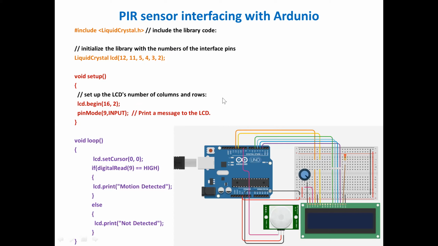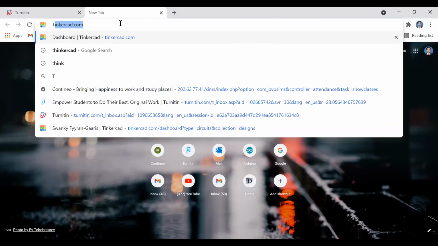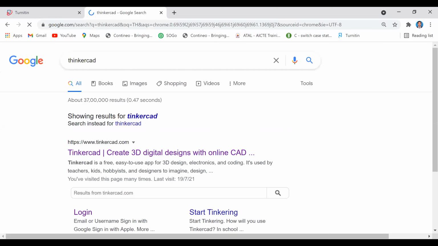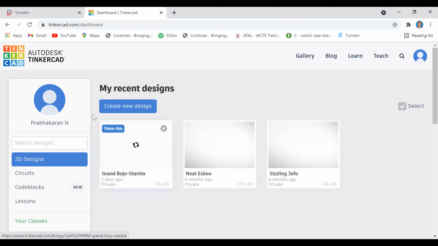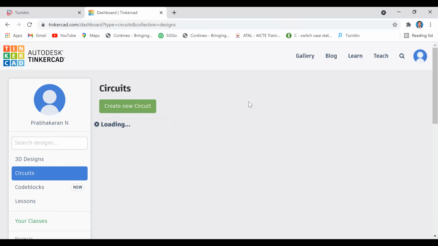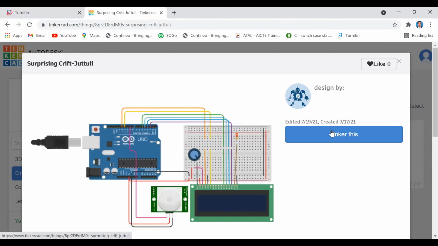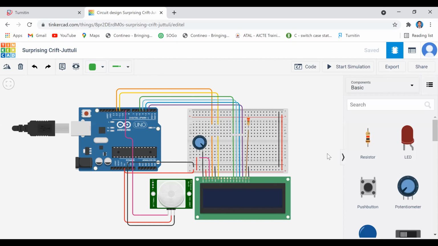You can go to Tinkercad and work this out. I will share my screen.